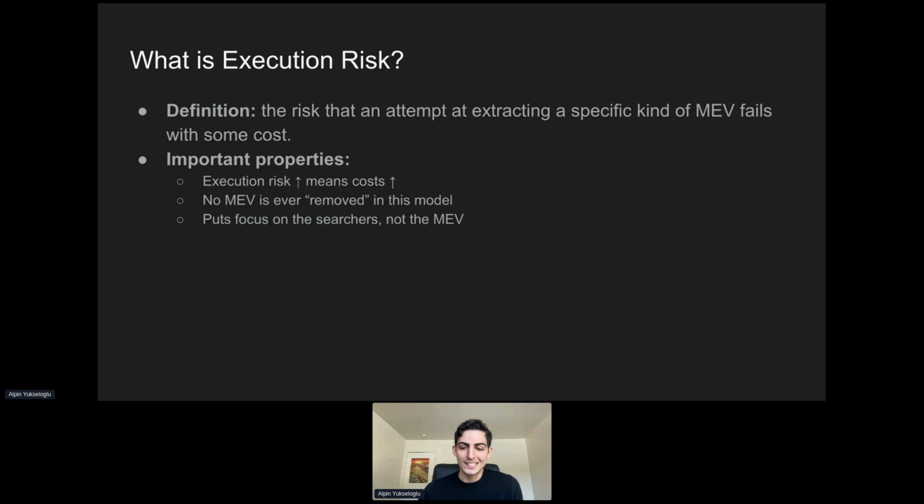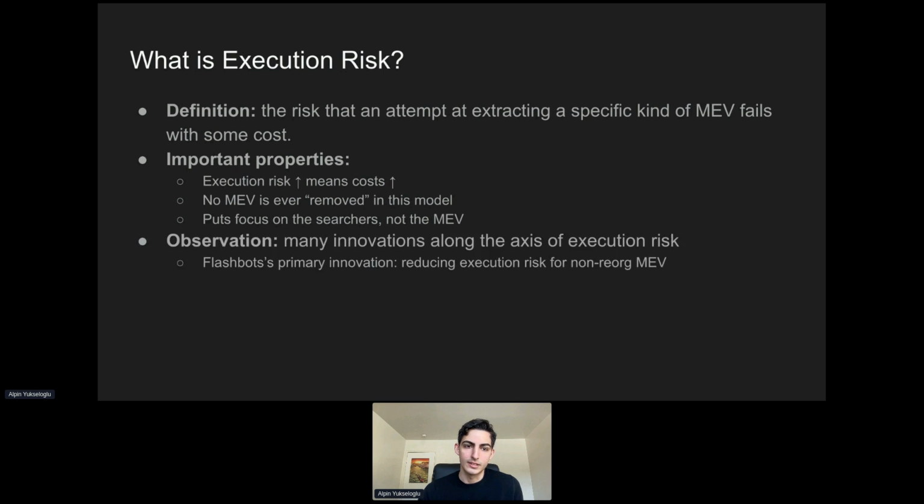An ETH core developer might say that bad MEV is reorg-based MEV, and a Cosmos app-chain DEX developer might say it's sandwiches. We don't really care, right? We care about how it affects the searcher, which is really the primal participant of these systems. I'd also like to highlight that if you really dig into what have been the key innovations around MEV mechanisms,